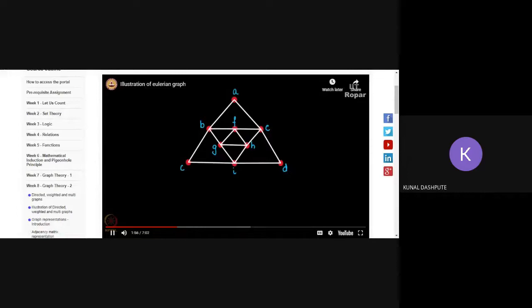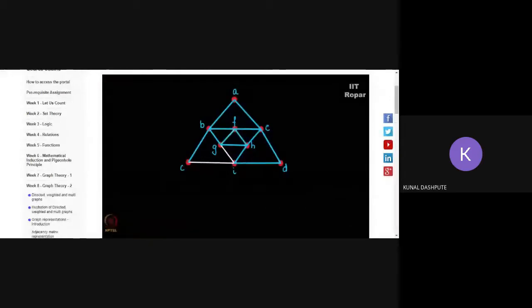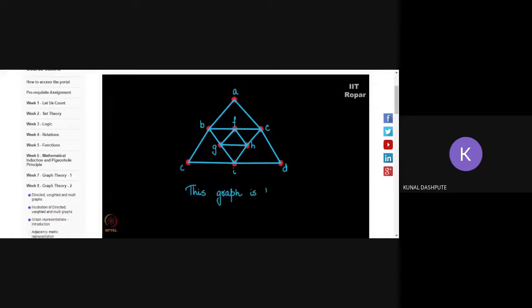Now, I'm going to start from, let's say for a change vertex C. C to B, B to A to E, E to F, F to B, then to G, from G I'll go to H. Now H to I, and then to D, D to E, E to H. This is remaining, E to H, H to F, F to G. Now from G to I and I to C. So we have come back to C again, and hence this is an Eulerian graph.